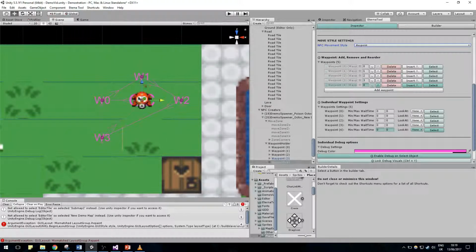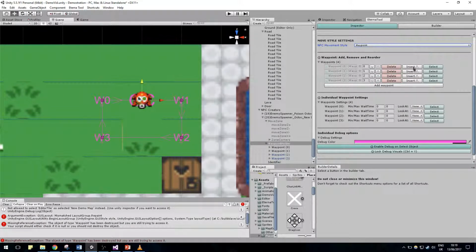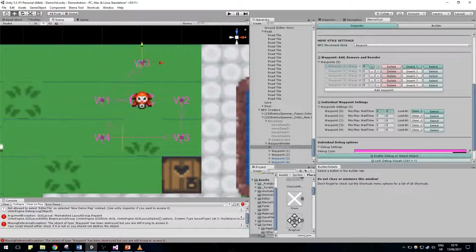Waypoints can be set on random. The NPC will then grab a random waypoint each time. However, it cannot grab a random waypoint it is currently on or was previously at. The user can delete waypoints, insert new waypoints, as well as being able to reorder them easily, as can be